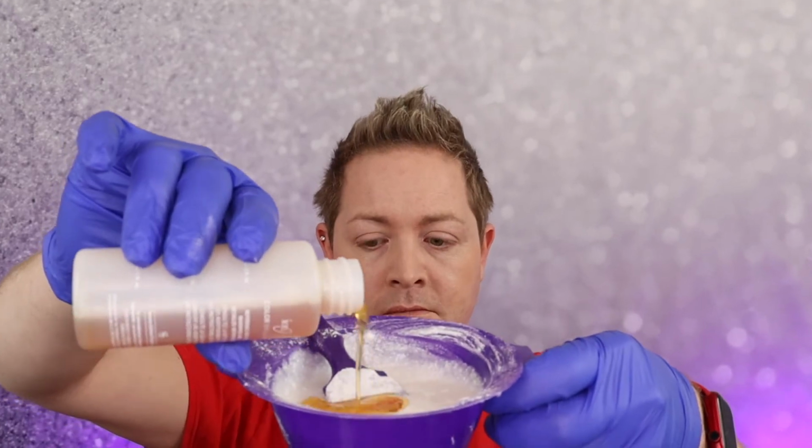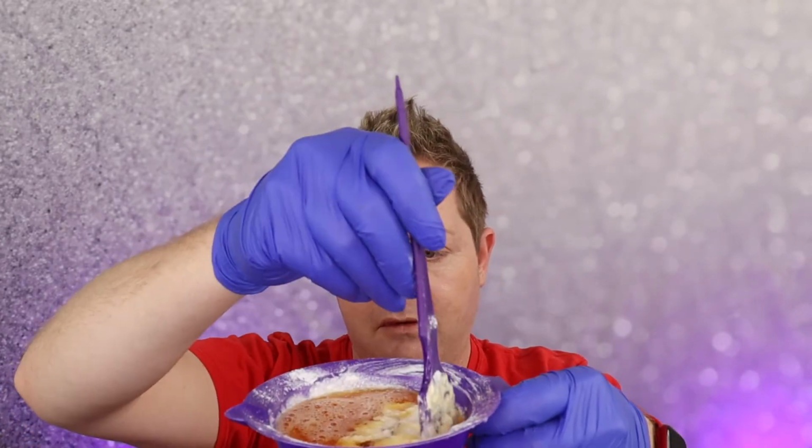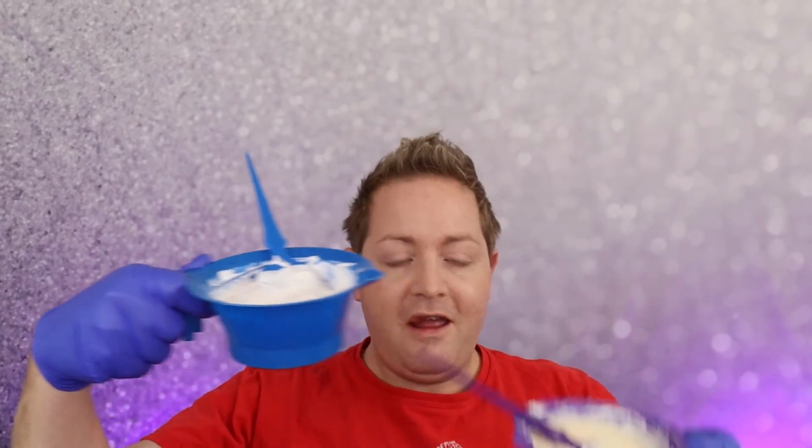So do not smell this oil. It has a lot of ammonia and stuff in it. I remember from the other video, this just looked like it was going to be a disaster. And then somehow when you mix it together, very carefully, it turns into cream. You can see it's now starting to really mix together, and it's just like a nice smooth cream. All right, so I have my cream lightener and my oil lightener,